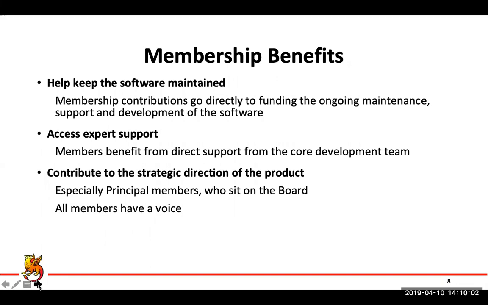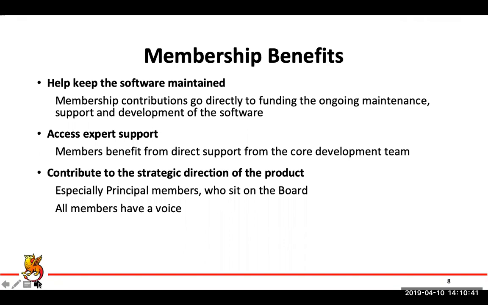If we're joined by anyone today who's not already a member, some of the benefits that you get are knowing that you're contributing directly to maintaining the software. You're able to get support from the core development team. This was really what spurred the growth in membership from the middle of 2017, was a change in the direction of support model, by which members of the consortium are entitled to support from the core development team, and non-members are directed towards the community user mailing list. And you also get to contribute to the strategic direction of Shibboleth.